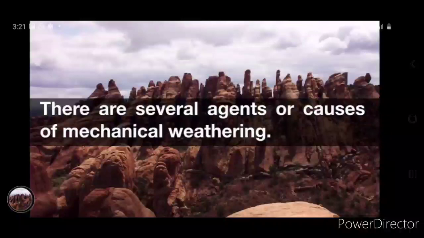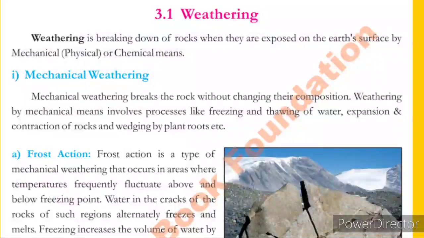Things may drop on a rock just like something drops on your hand, and the rock may break just like your fingernail breaks. Something may rub on a rock just like the file you use on your fingernail. The shape of the rock will change as long as whatever it is that rubs it is hard enough. There are many different forces in nature that cause physical weathering of rocks. And a very simple definition of mechanical weathering or physical weathering is that it breaks the rock without changing their composition.